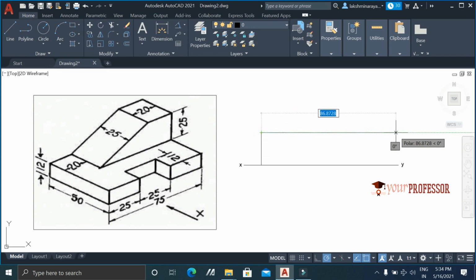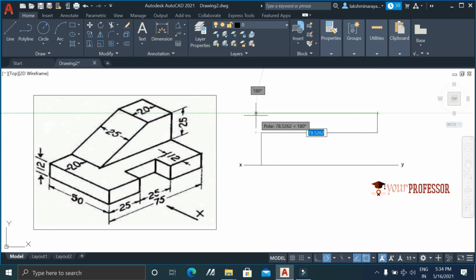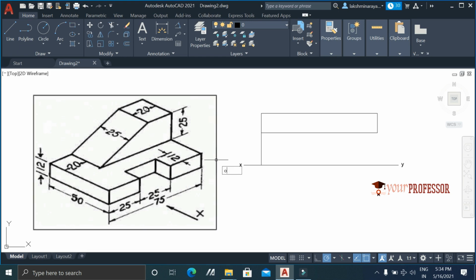I will draw a line whose length is equal to 75, and now I need to draw the height. If you consider the thickness here, the thickness is 12 mm, and the same thickness will be here. So I will draw a vertical line whose length is equal to 12 mm. This 12 mm line is at a distance of 25 mm here, and again at a distance of 25 mm. So we need to represent that. From this point, represent a vertical line at a distance of 25 mm and again at a distance of 25 mm. So the base representation is over.